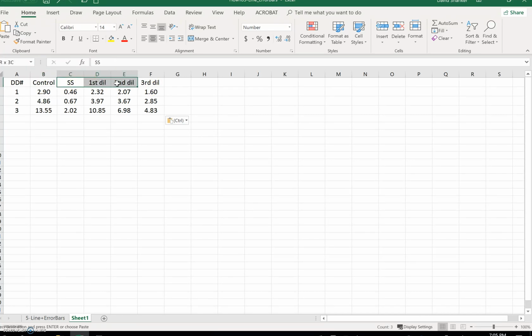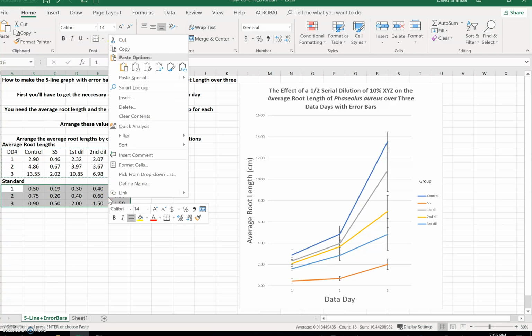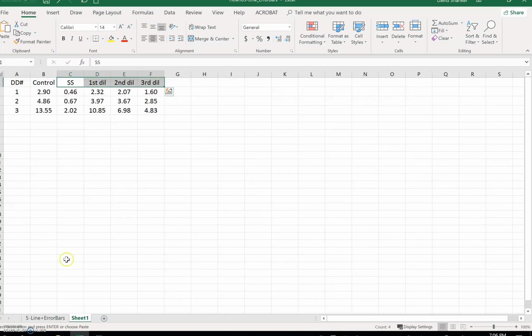Now, of course, this is all generic. You're not going to use those same terms, right? You're going to use the actual percent concentrations and the names based upon your independent variable. Okay, let's go back now and get the standard deviations. So what I have here are the standard deviations for each one of those groups for each one of those days. Let me copy that also